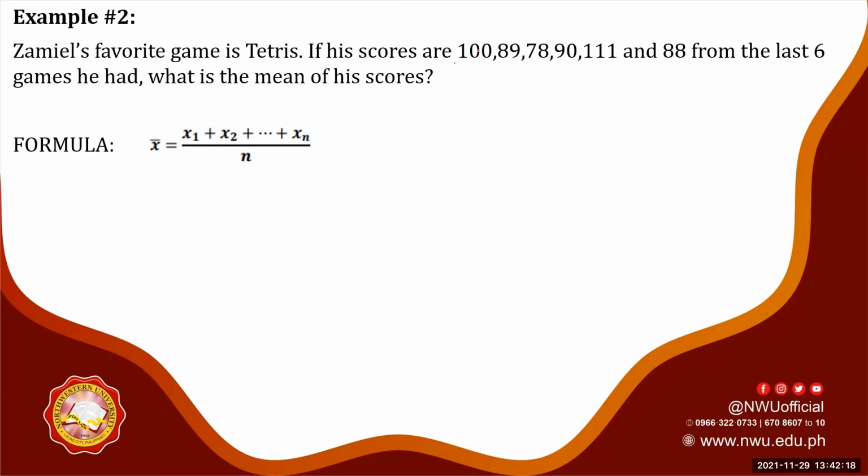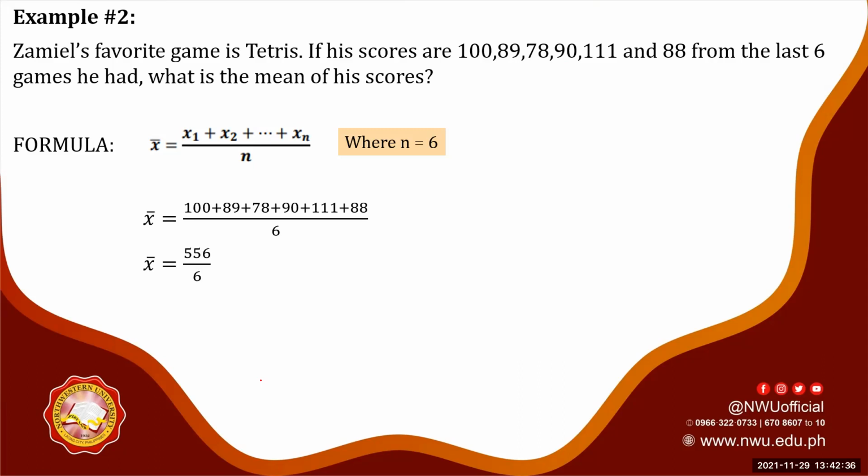Now, kung bibilangin ninyo, there are 1, 2, 3, 4, 5, and 6, or 6 items. Therefore, ang n ninyo ay 6. And ang gagawin nyo lang is to just simply add all of them, and simplifying it, you will be getting 556 over the total number of items, which is 6. So 556 over 6 would be